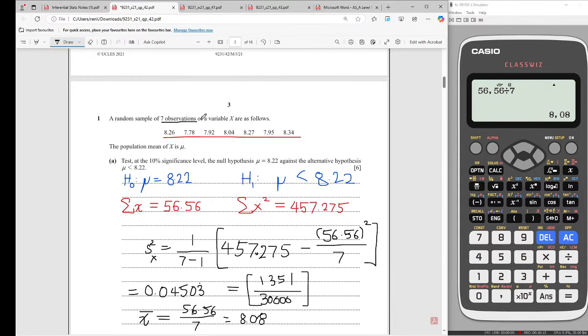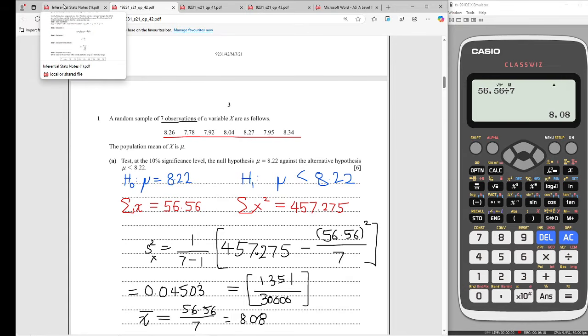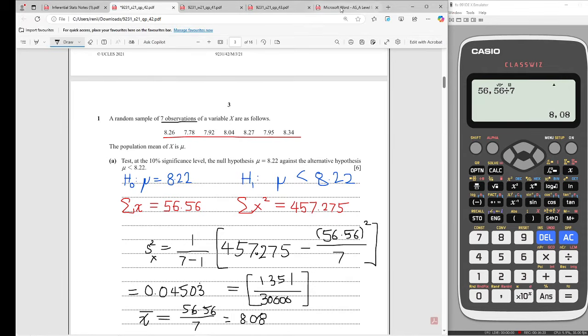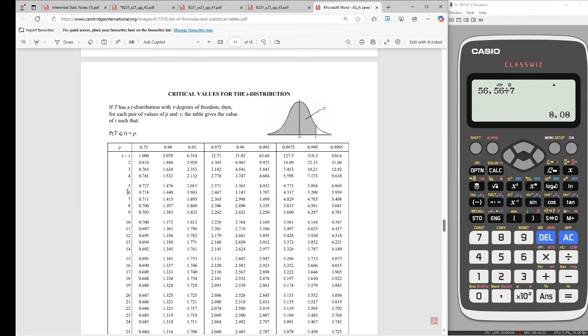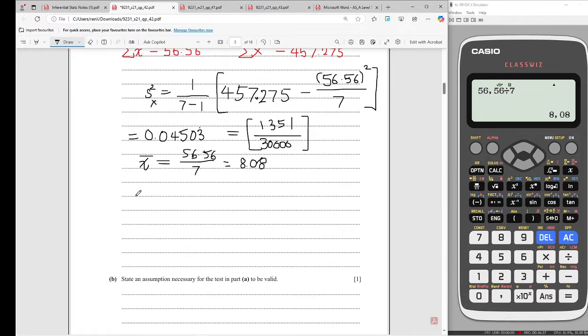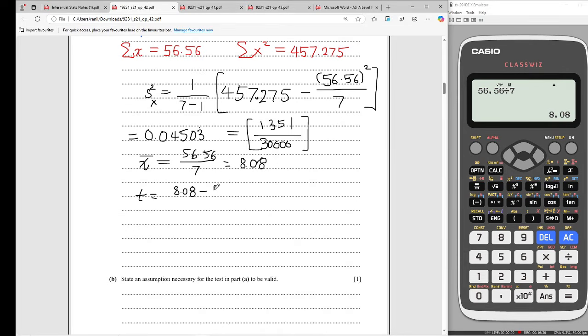Before that, we have 7 observations. Something to note: we need to use the degrees of freedom here. There are 7 observations, so we use 6 degrees of freedom, meaning that we are using the t-distribution. So let's use t-distribution values. Our test statistic will be t, and we plug in our value: 8.08 minus 8.22, which is our stated mean as the question showed before, and we divide that by the root of